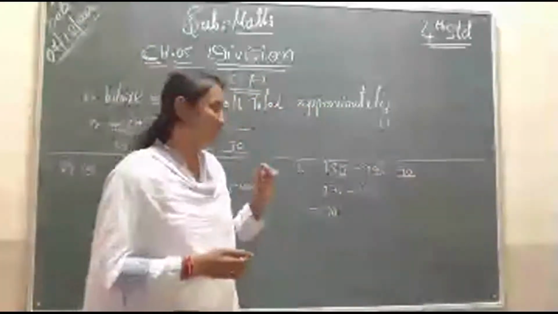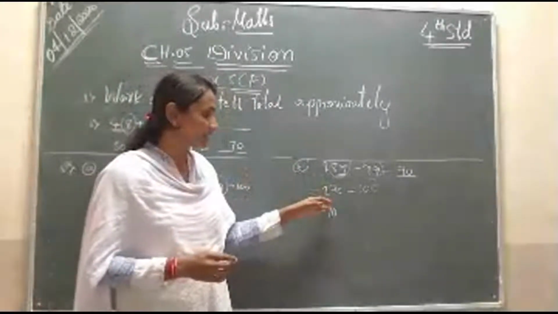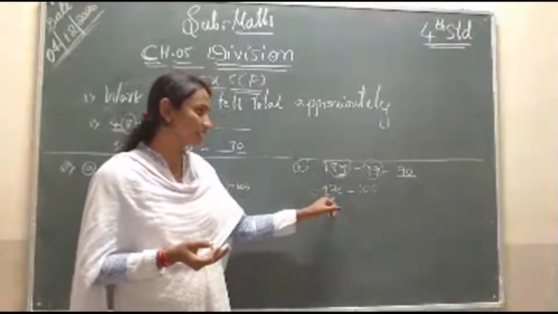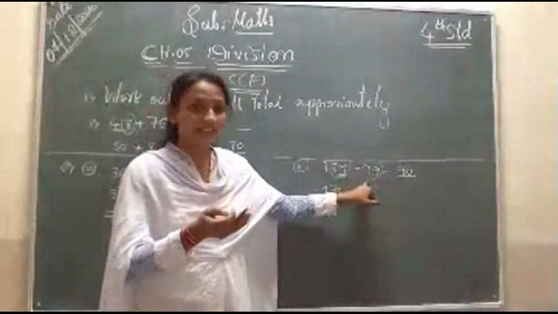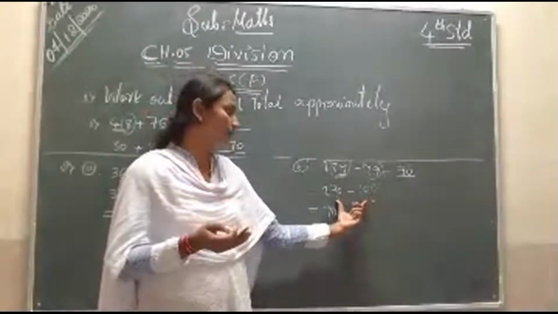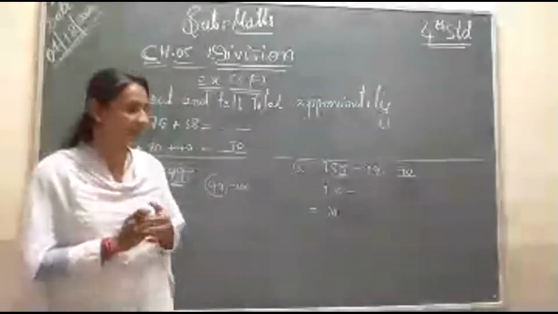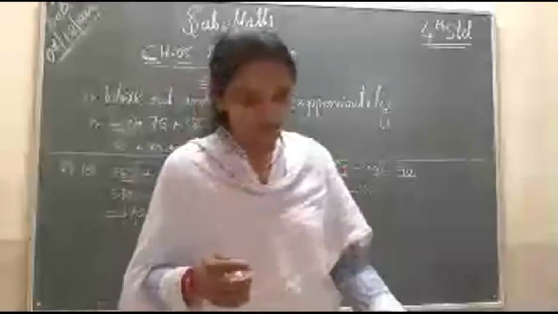So 189 minus 99, first I will round. Nearest tens means 189 rounds to 190. So 99 to the nearest tens is 100. So how do I do the subtraction? What is the remainder of 190 minus 100? The result is 90, because the answer will be 90. Okay. So next main,